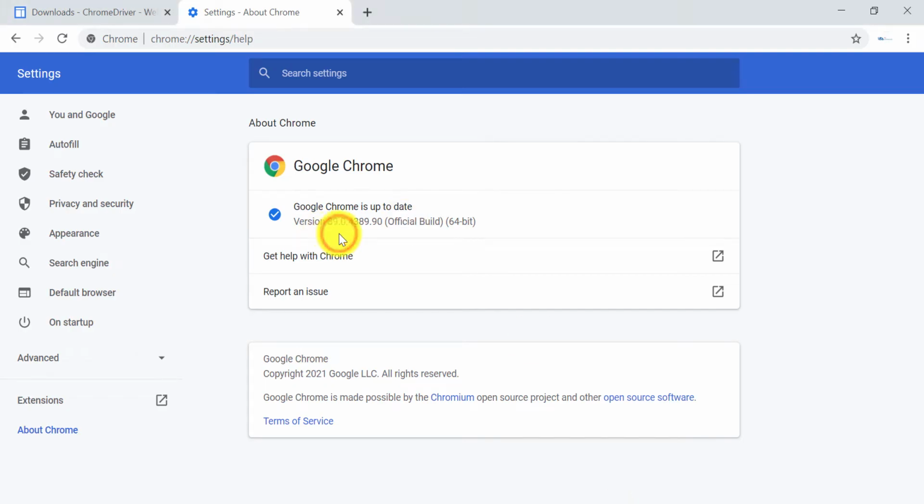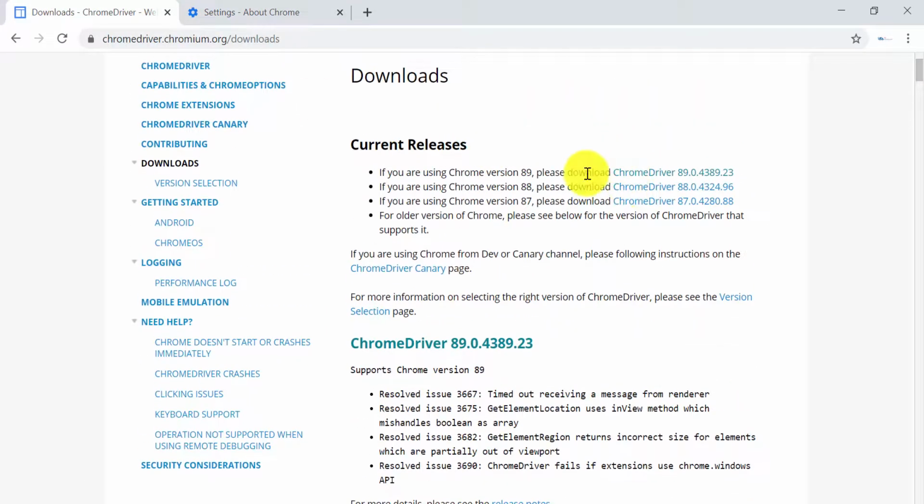If 89 is your browser, you can use 89, but if it auto updated to version 90, then you need to go again here and download the Chrome driver for Chrome version 90. Again download it, keep it in D drive or somewhere, and the path you have already set. So you have to do this again and again.